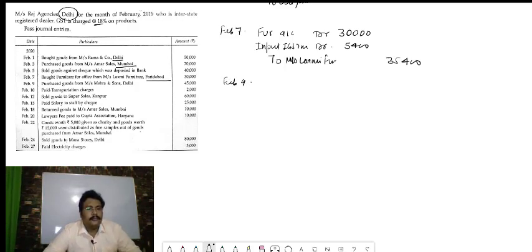Purchase goods from Mrs. Mehra and Sons, Delhi. It is in Delhi, so we will use the word CGST and SGST, and we will use purchase account debit. How much? 45,000. Okay. Now, bacha, it is from Delhi, so we will use the word input